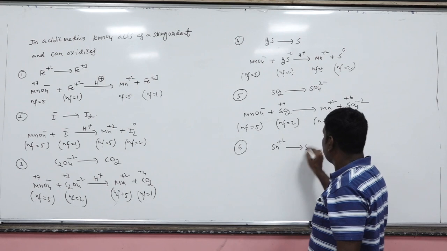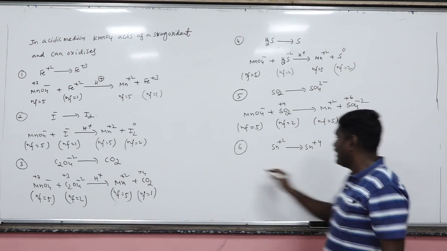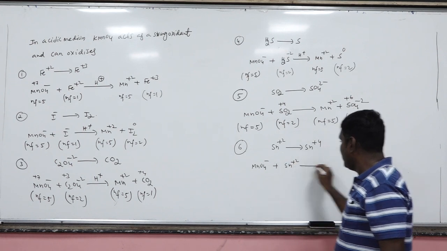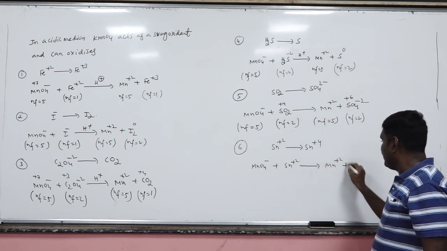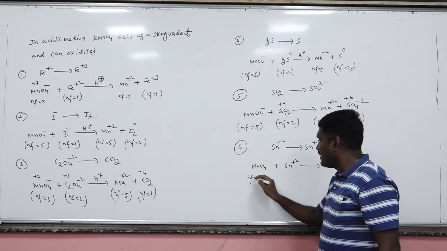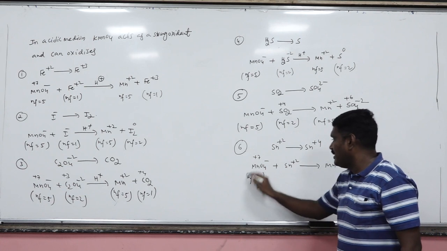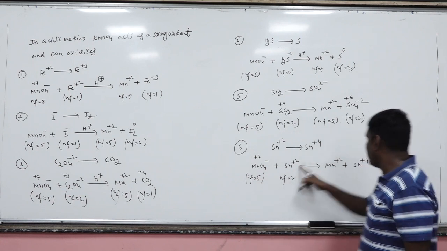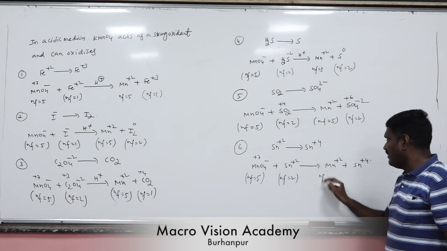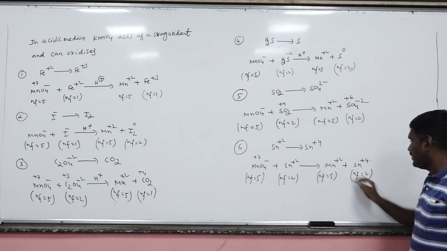Stannous ion oxidized to stannic ion. Potassium permanganate in acidic medium oxidizes stannous ion into stannic ion and is itself reduced to Mn+2. Okay. Now here N factor is what? 5, because change is 7 to 2, only one atom is there. Now here N factor is what? Change is 2, only one atom is there, so 1 into 2. Here change is 5, only one atom, 1 into 5. Here also change is 2, only one ion, so 1 into 2, that will be 2.